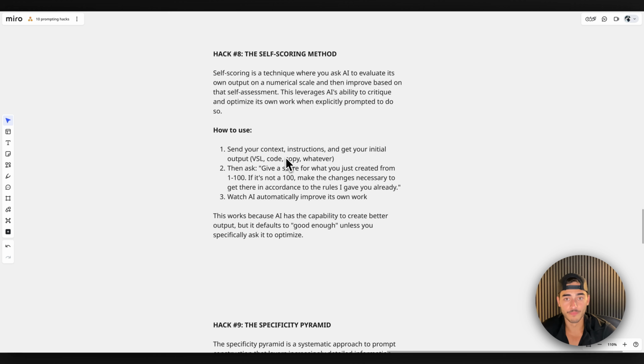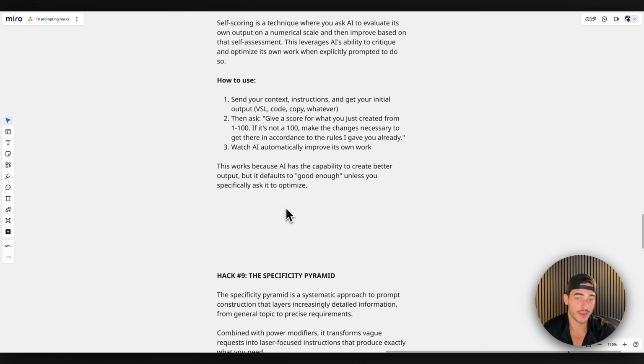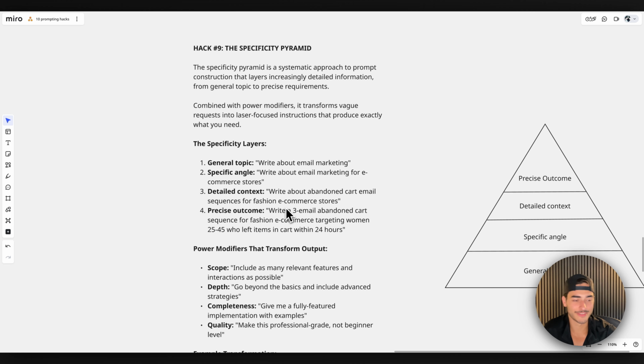Oh, I mentioned this. This is a self-scoring technique. Again, I get something, I give it back and say, score this. If it's not 100, I ask why. Then I see why. If I like the additions that it said it's missing, I say add those. I get it back, I give it back again and say, score this. Oh, it's a 95. Why is it not 100? And you iterate until you get 100. And even after that, there's another one: multimodal. I'll tell you that one in a minute.